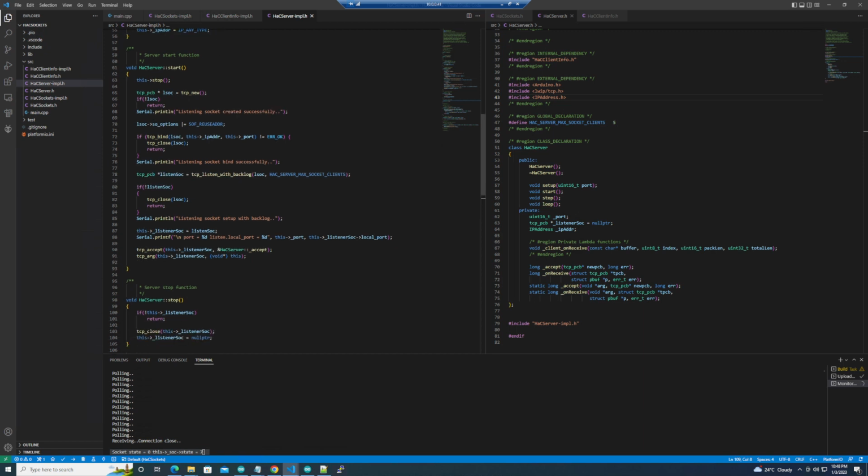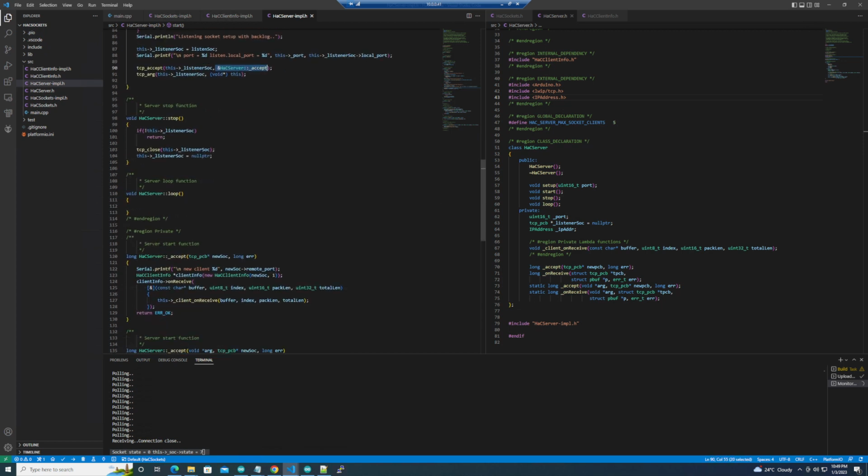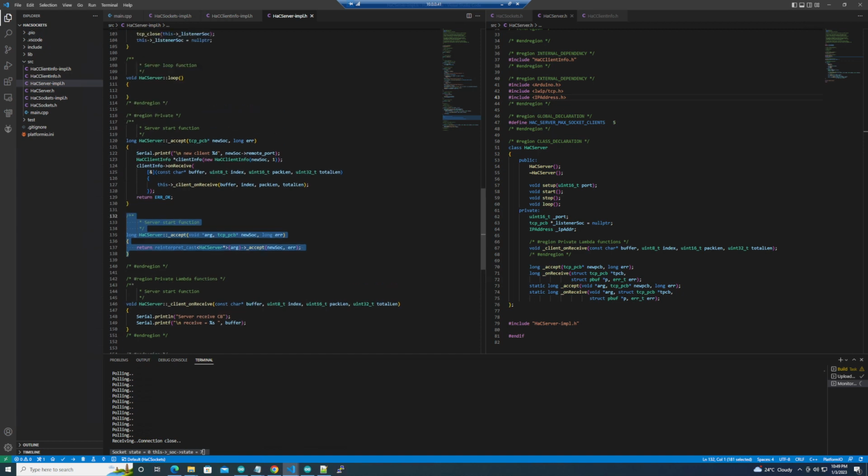With this bunch of code, the most important thing is the TCP accept. This is where you accept the connection from the remote client. The TCP accept takes a lambda function, which is the handler that will accept the connection whenever there's a new connection. And then since this is a static function, you need to link this one to your class library,